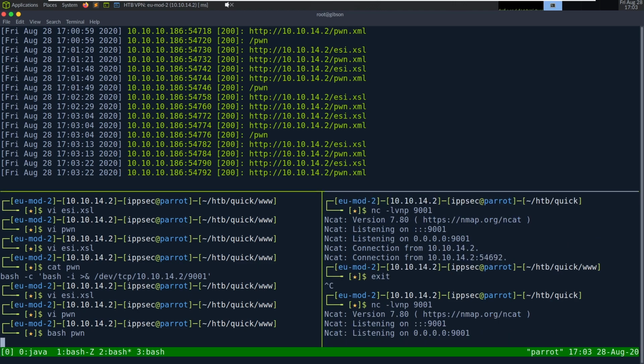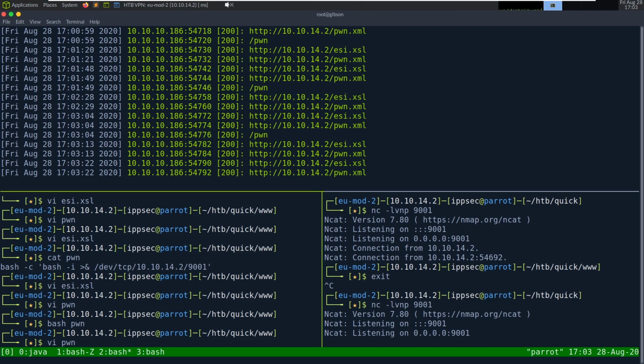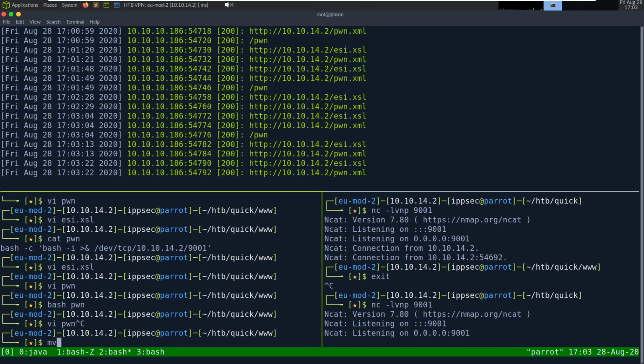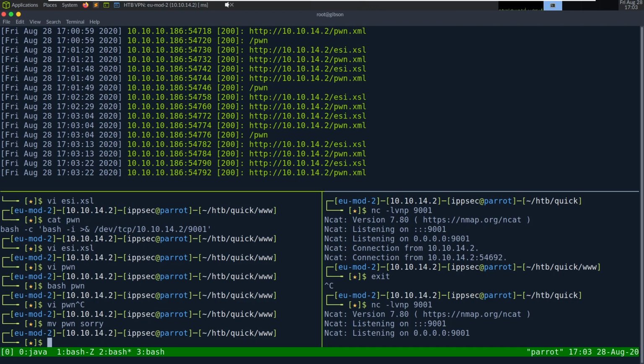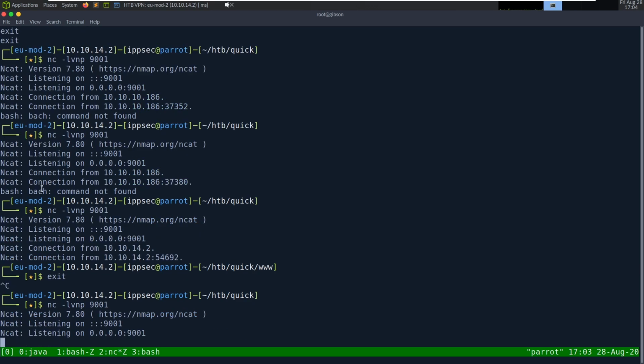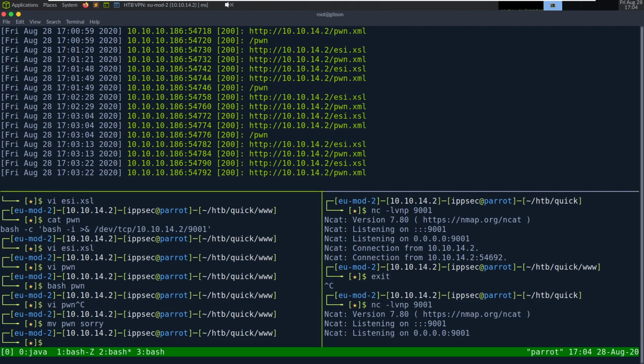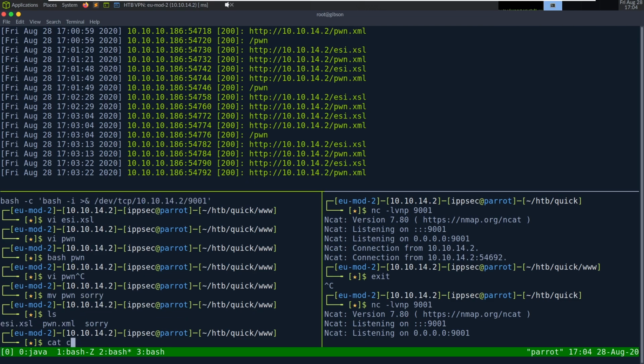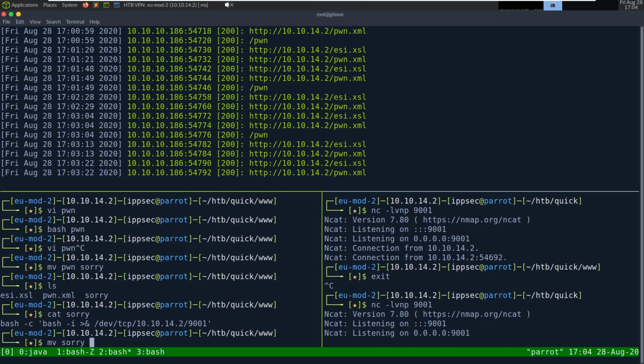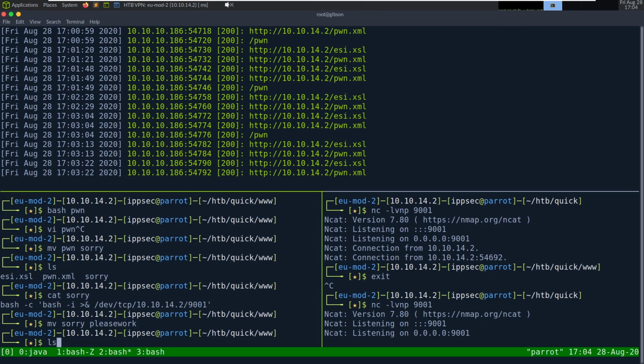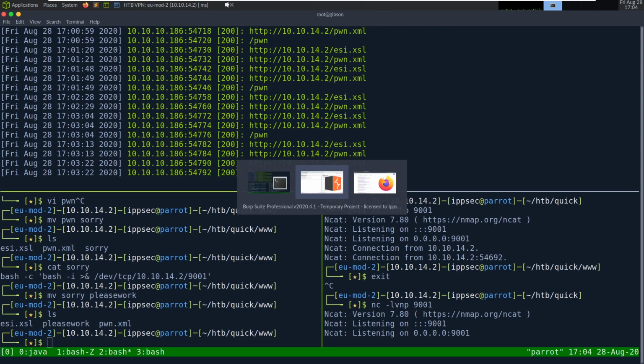So the weird thing about this is I'm just going to move pwn to sorry. Before I was actually getting the netcat connection, but it just didn't work. You can see right here, when I renamed it to sorry, it just didn't do anything. So I'm not sure why that happened, but we probably should rename this to please work. Okay. So let's go